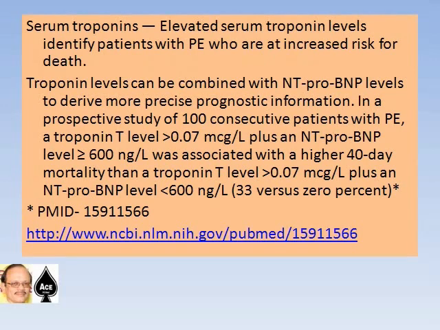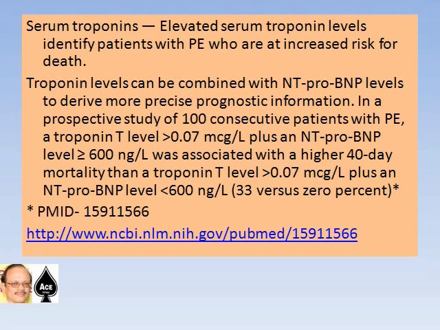Serum troponins. Elevated serum troponin levels identify patients with pulmonary embolism who are at increased risk for death. Troponin levels can be combined with NT-proBNP levels to derive more precise prognostic information. In a prospective study of 100 consecutive patients with PE, a troponin T level of more than 0.07 microgram per